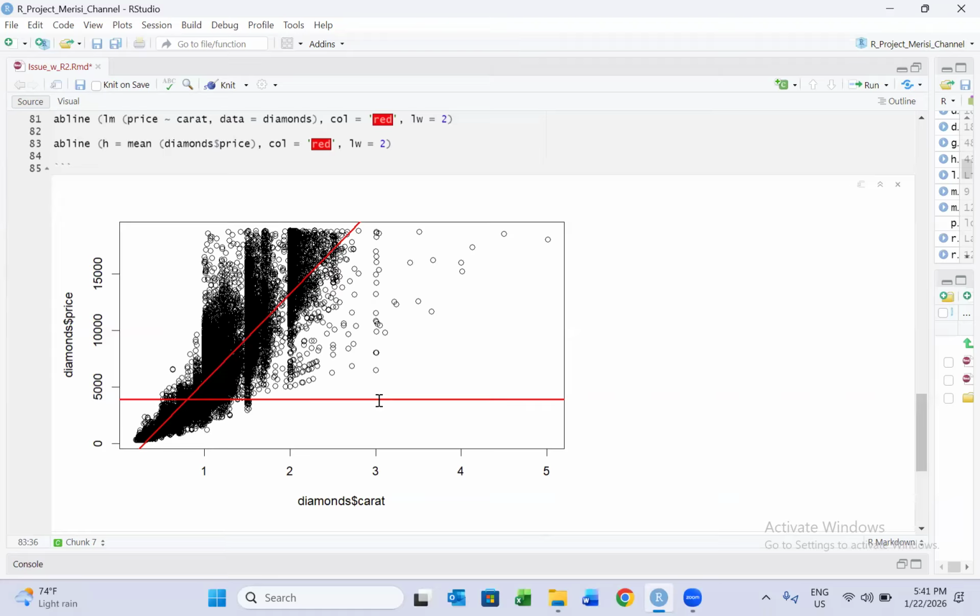R square is just a measure of how much better the regression equation is with respect to the mean. That's what R squared tells us: how much better is using the regression equation instead of the mean for making predictions of the target variable? And the fact that R squared is high, like in this case 85%,